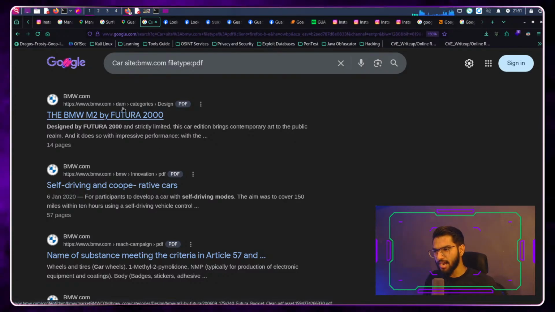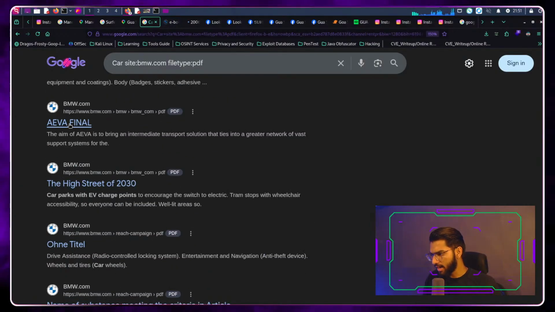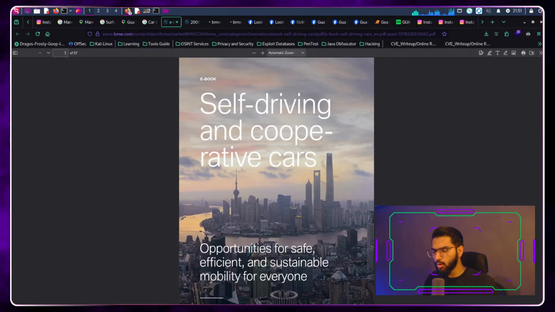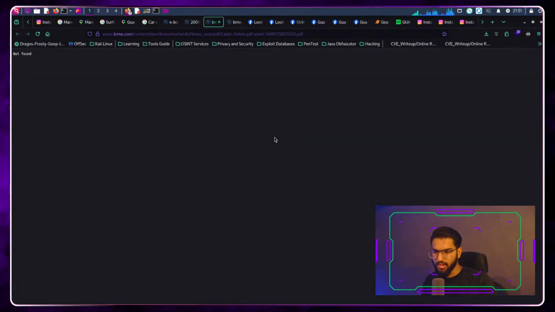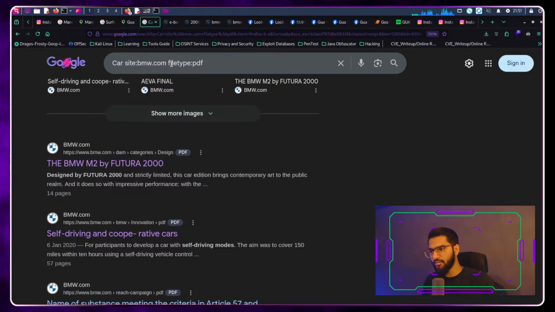All the results that come from bmw.com are PDF type. So this is a PDF, this is a PDF, and whatever I open are all going to be PDF files related to the search that we did, specifically from the site bmw.com.